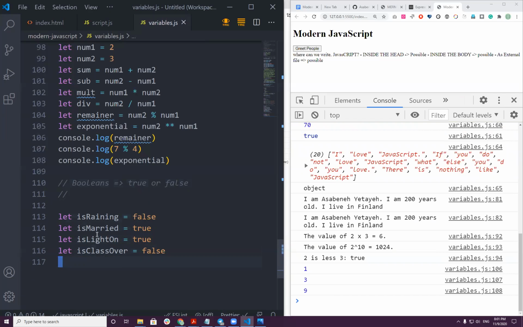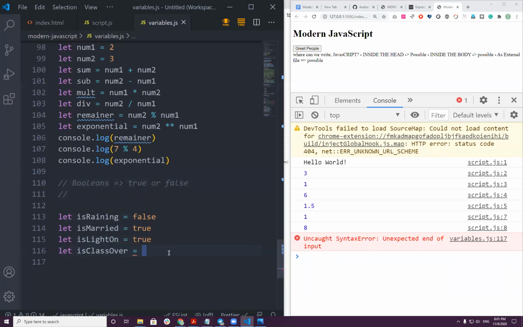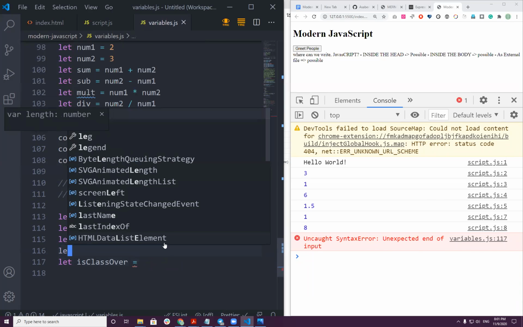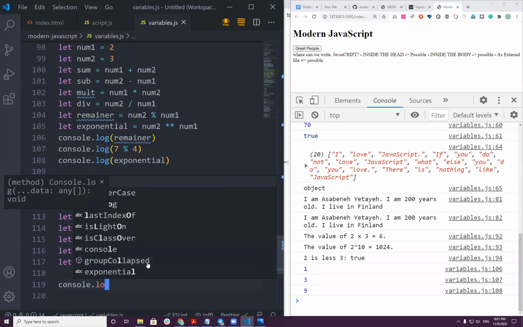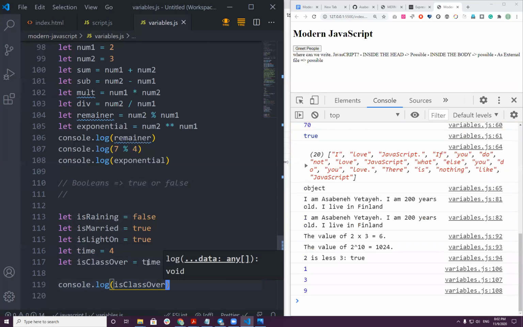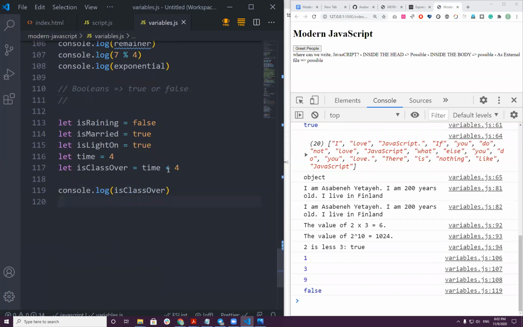But you can also, because we have to learn for 4 hours, right? If time is less than, for instance, I put time here. Let time, how much are we going to learn for 4 hours? So if time is less than 4 hours, console.log isClassOver. As you can see now, it checks, false, but after maybe 45 minutes,